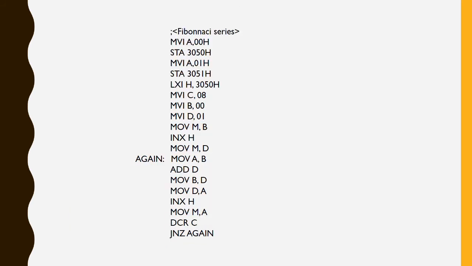Now this is the Fibonacci series program that we will be loading into the processor. We have made two changes: we have moved the accumulator contents 00 into the memory location with the help of the commands MVI and STA, and we are using a label for jump if not 0. So right now we'll demonstrate how to do it with the assembler.